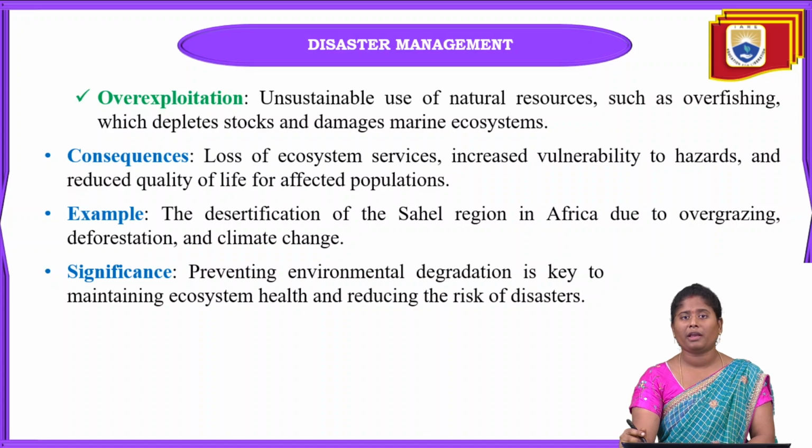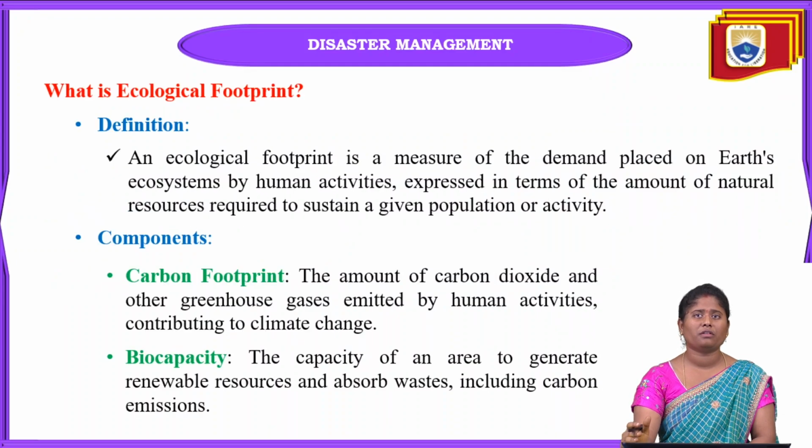And next is over exploitation. Here, unsustainable use of natural resources, like overfishing, depletes the stocks and also damages the marine ecosystem. The main consequences of this are so much loss of the ecosystem, an increase in vulnerability towards hazards, and a reduction in the quality of life. So these are all the consequences of this